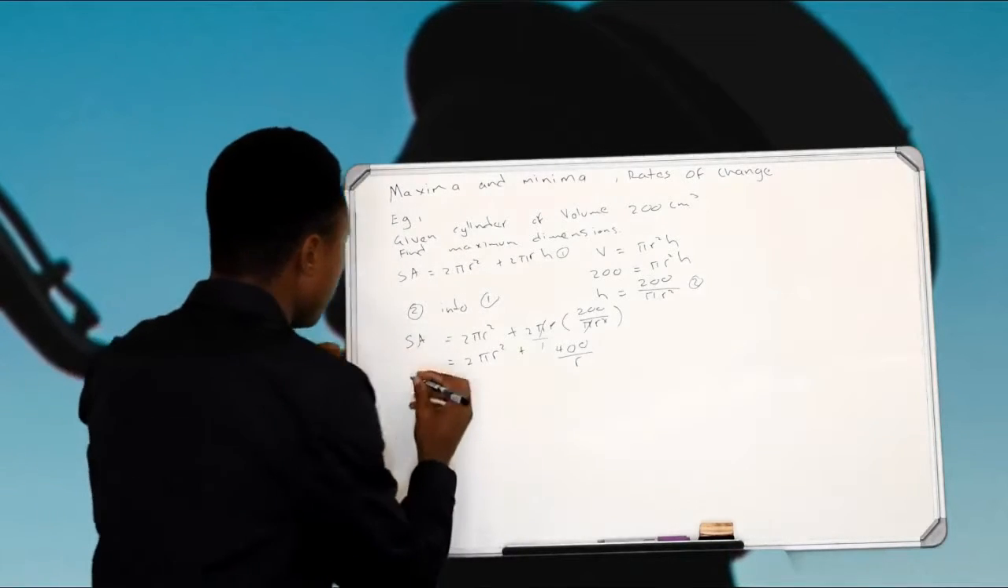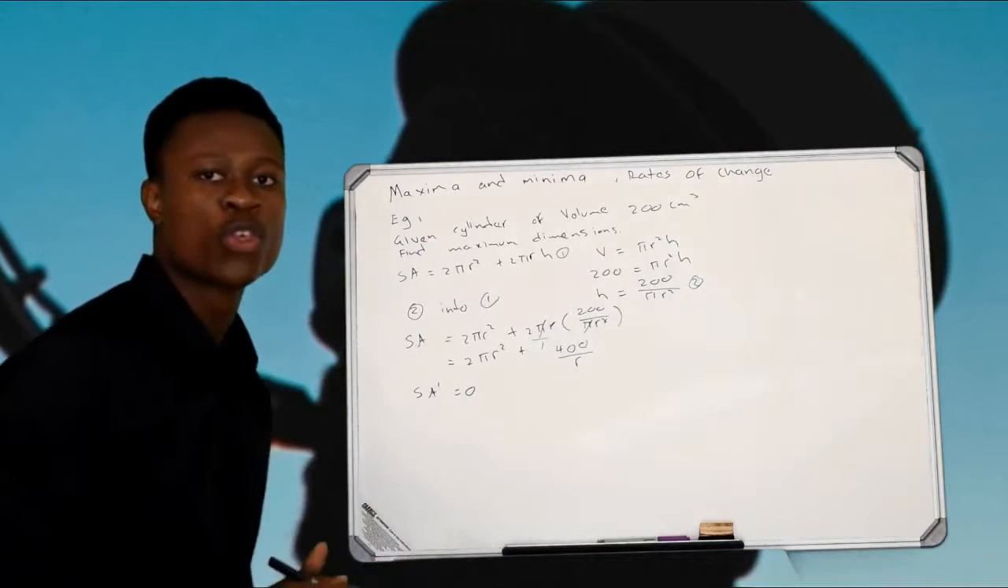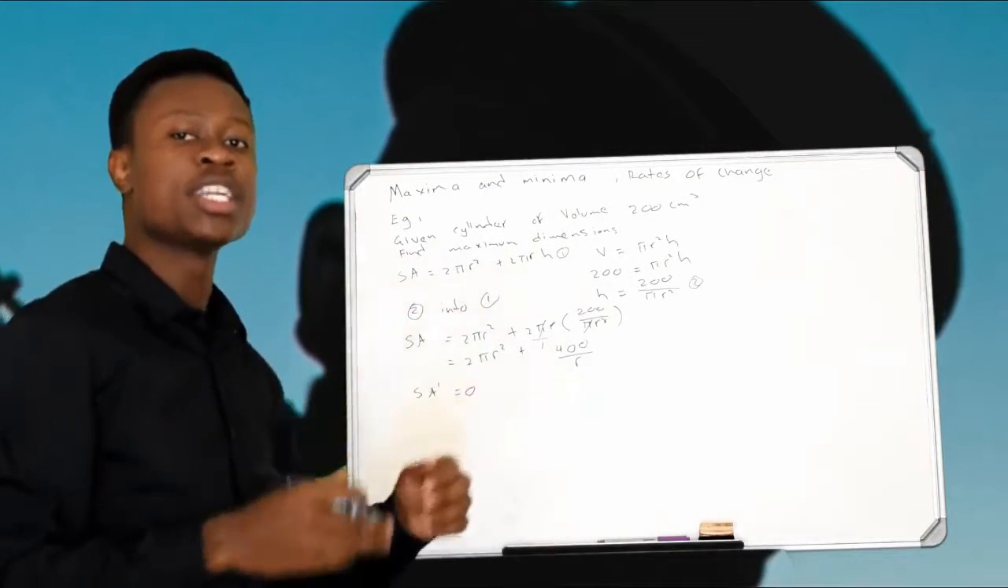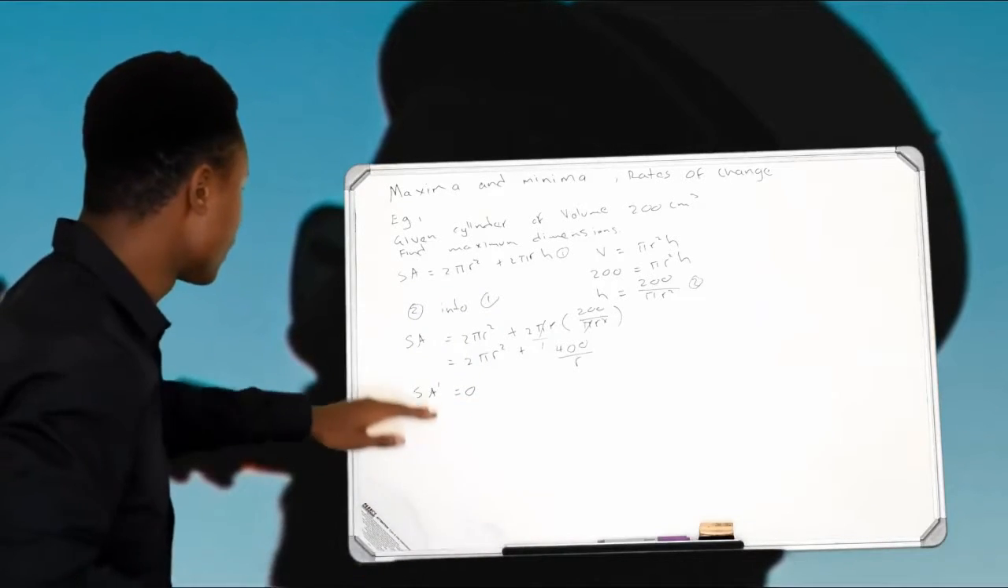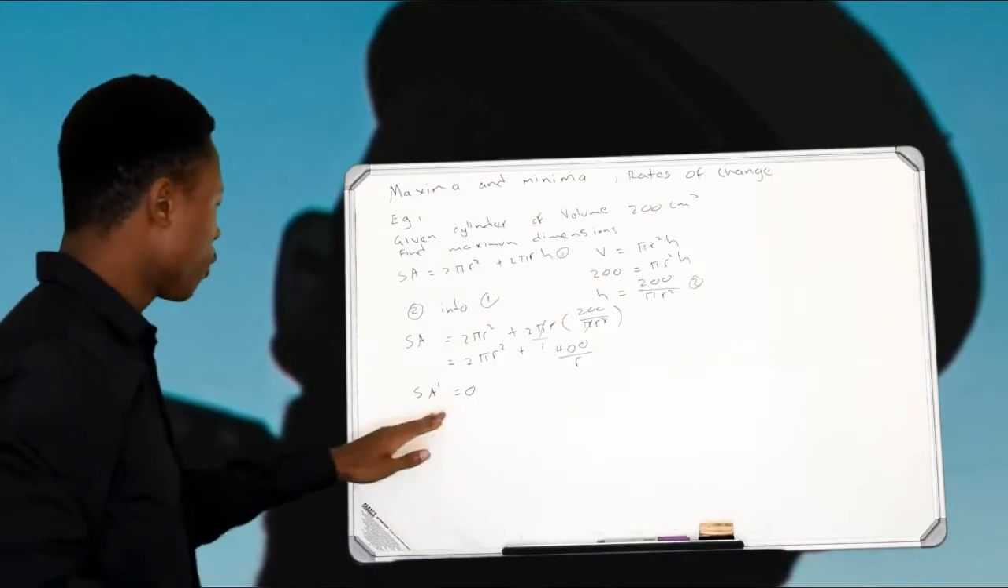So what do I mean by that? This is what I mean. SA prime is equal to 0 for both minimum and maximum. So either they ask you for minimum dimensions or maximum dimensions, it's the same procedure. Because if it's a minimum, surface area prime